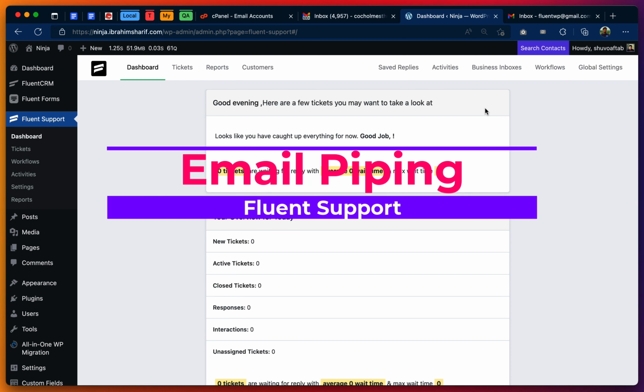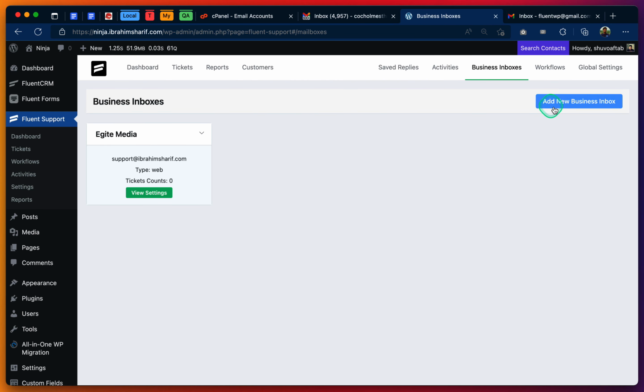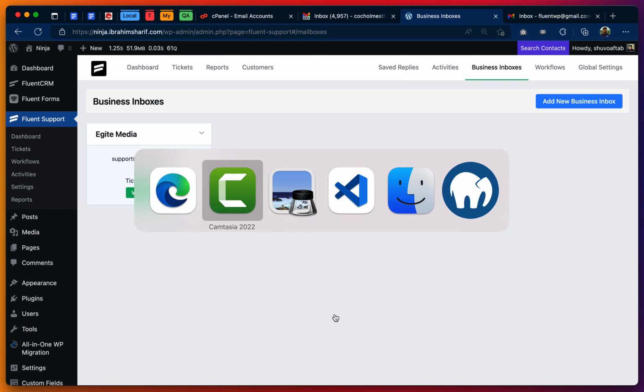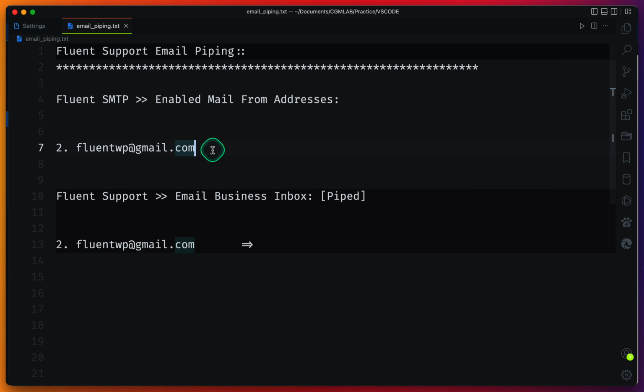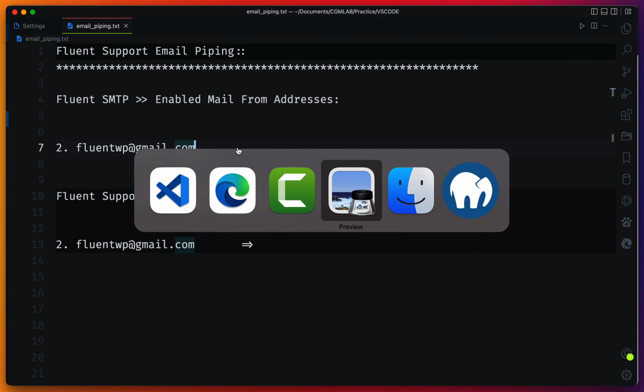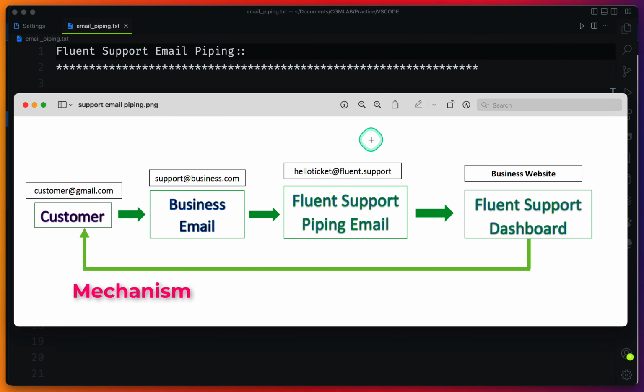We are going to configure Fluent Support business inboxes with the type email piping method, and in this tutorial I will be configuring this email address to receive customer responses and new queries as tickets. And if we look at the diagram of the Fluent Support ticket management email piping method,